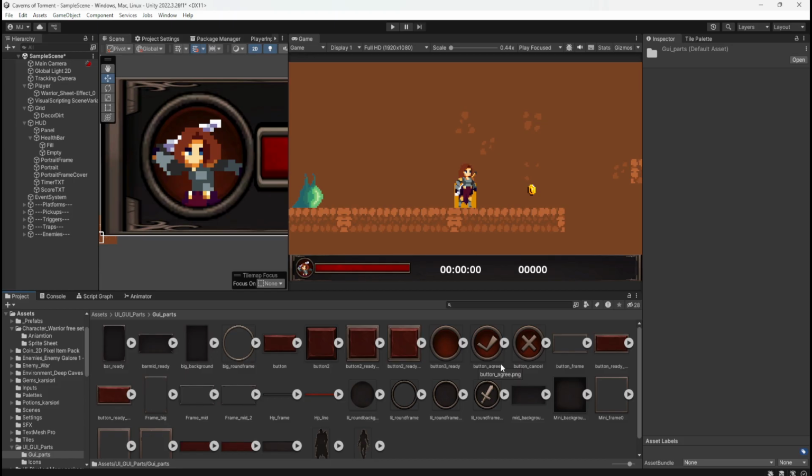I mean, we've got these little panels, these little frames that we could use. We could put those frames in there to encase the score and the timer. That might be nice. That would be nice. But anyway, I'm happy with that.